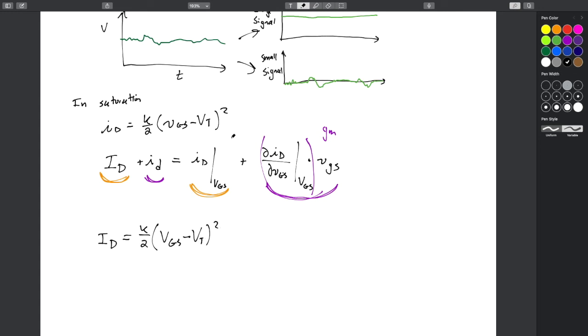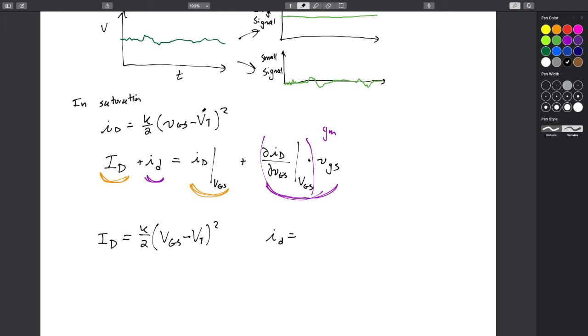The small signal one now, let's jump at this and take the derivative of this expression with respect to VGS. This is not too bad. This is one of the few chain rules that's actually kind of easy to do, right? This is a second order, so 2 goes out front there. There's really no derivative on the inside, so it's a really simple chain rule. So this one, little id